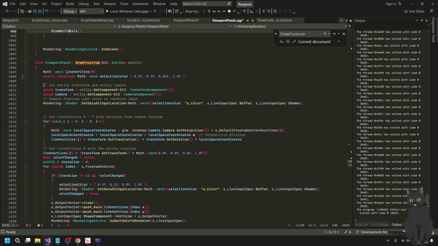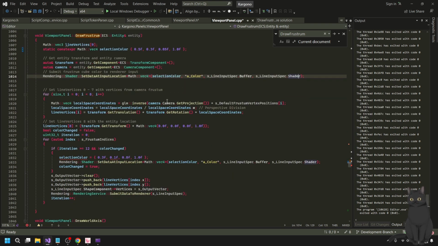Okay, so we get the entity transform and entity component for drawing a particular frustum, right? And then submit frustum cube color to render. So we just submit the color, along with the buffer and the shader. And these don't change for these first few lines.